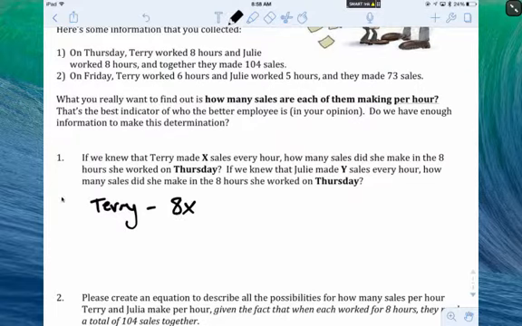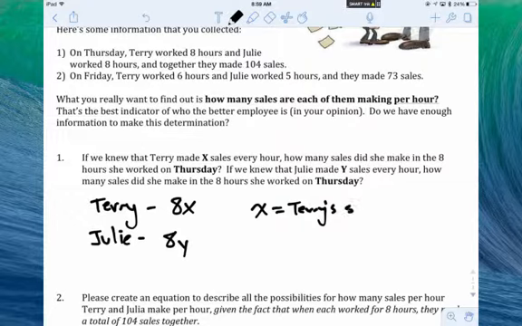For Julie, the same day, well, if she makes Y sales every hour, how many sales did she make in the 8 hours she worked on Thursday? Well, 8 times Y. 8 hours times Y sales per hour. And note to self, I guess we've already defined our variables. X is going to be Terry's sales per hour, and Y is going to be Julie's